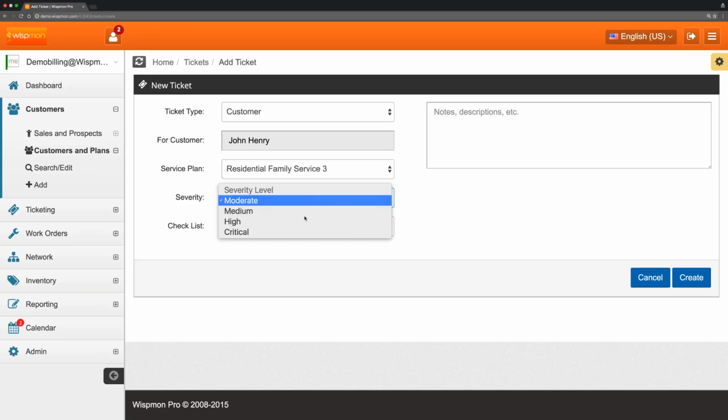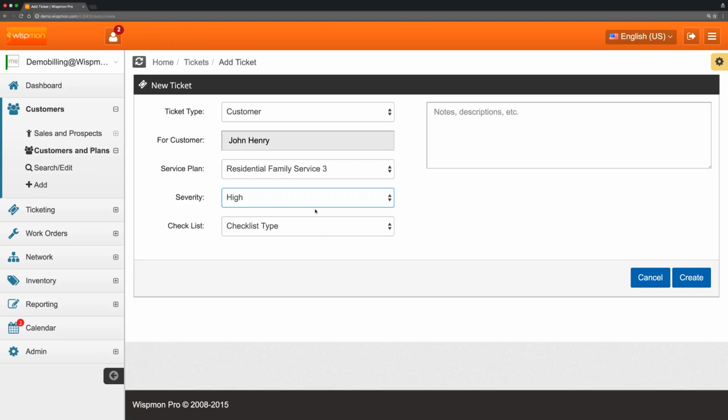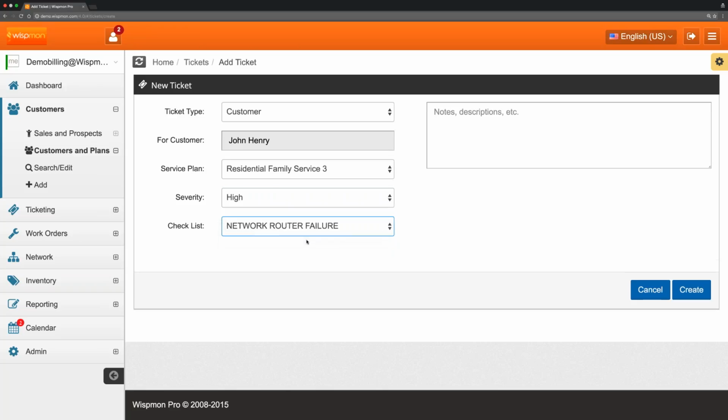For the trouble ticket, I get a choice of deciding how important it is. For example, I think we talked to John, his wife's in the hospital, he really needs to have internet service, so I'm going to make it a high trouble ticket. I'm going to pick the trouble ticket list, and on your stuff, you will have different trouble ticket checklists. In this case, I'm just going to pick this one, and then I'm going to put in some notes here